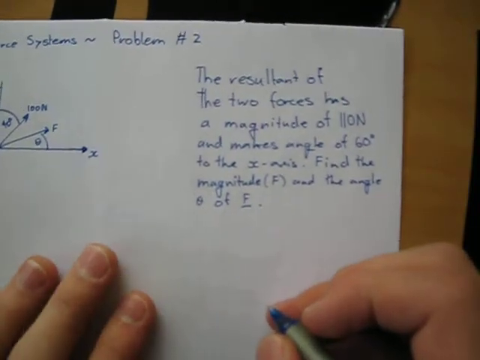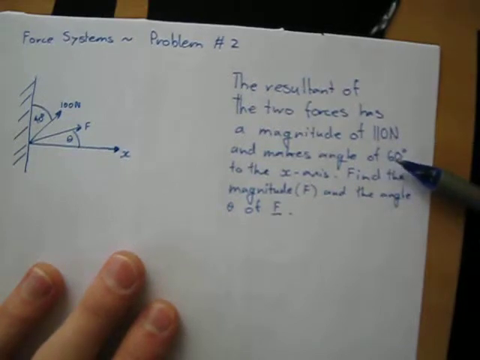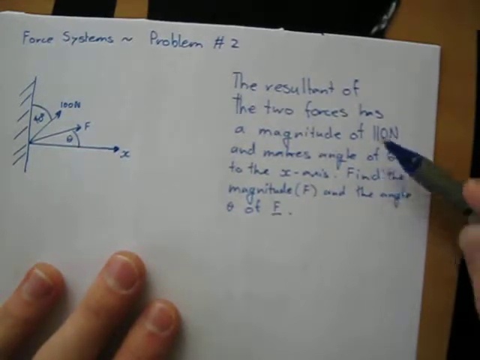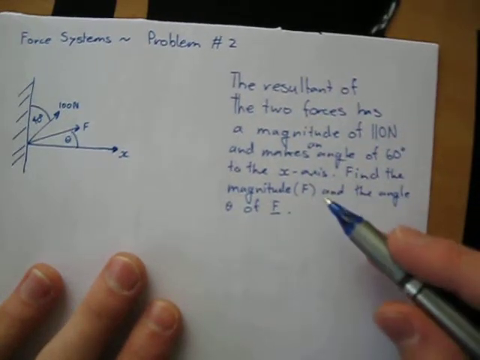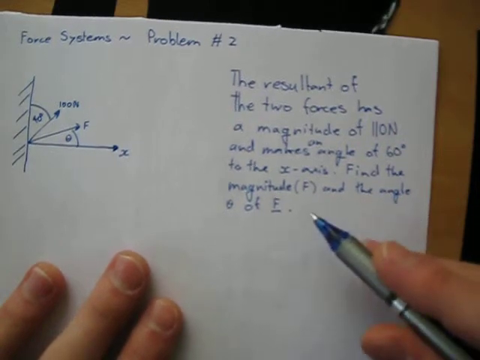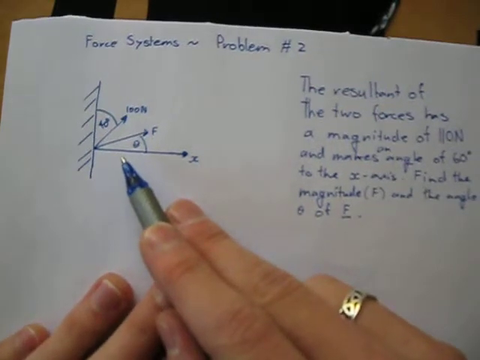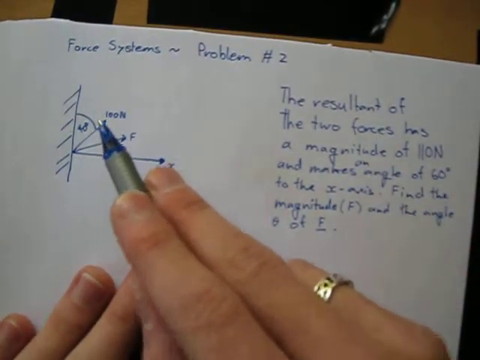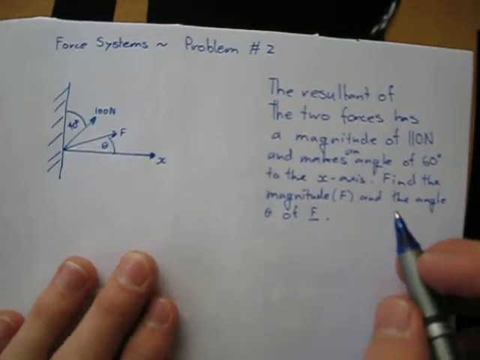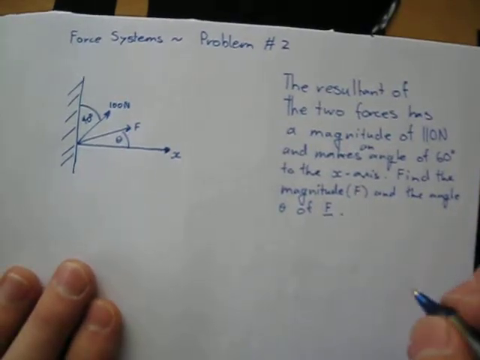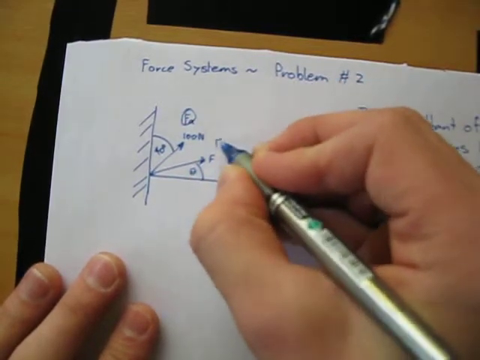So what we do here, we've got the resultant of the two forces has a magnitude of 110 newtons and makes an angle of 60 degrees to the x-axis. Find the magnitude F and the angle of F. So we're trying to find F and this angle here. But we know that the resultant of these two forces has a magnitude of 110 newtons and makes an angle of 60 degrees. Okay, so straight away, my little way of doing things, I'm going to call this force A, this force B,